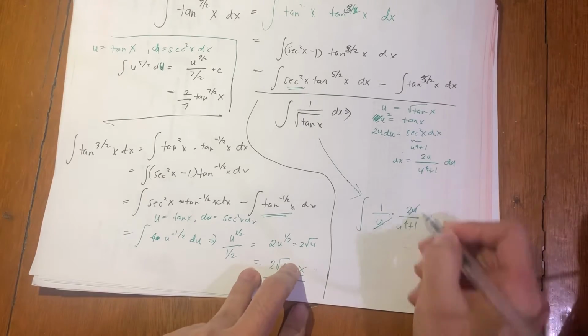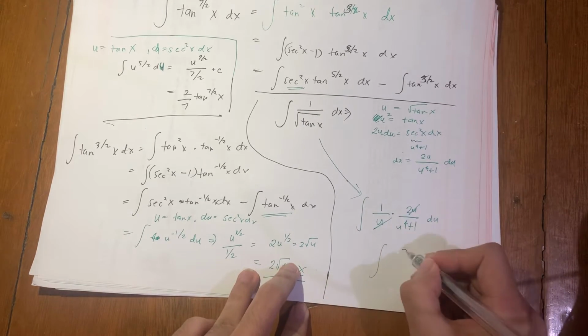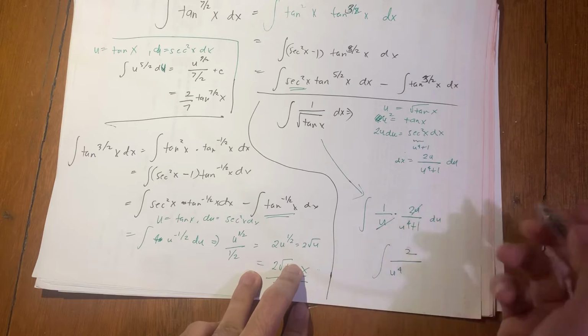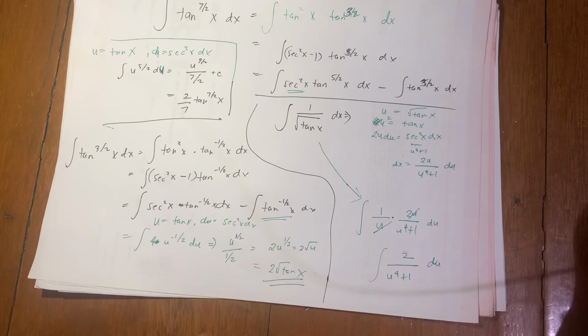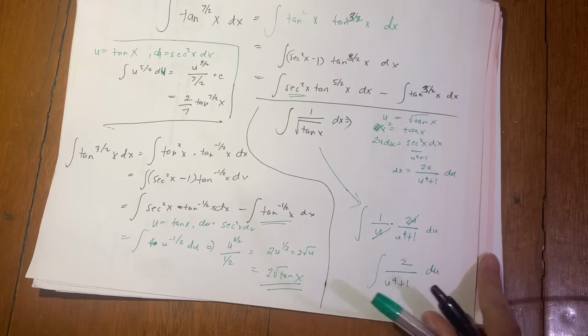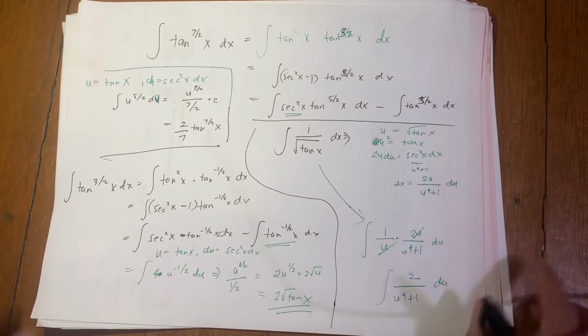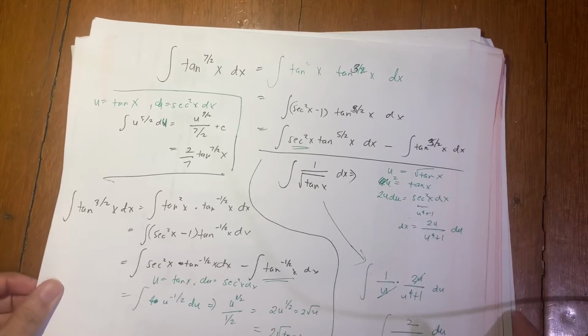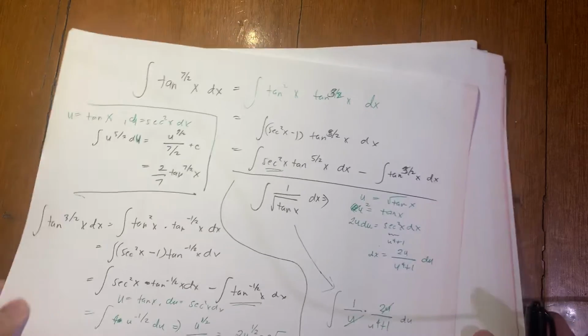So this one simplifies to the integral of 2 over u to the fourth plus 1 du. Now this becomes a little more challenging because this one needs a little more techniques, which, if you're following my blog at robblesmath.net,